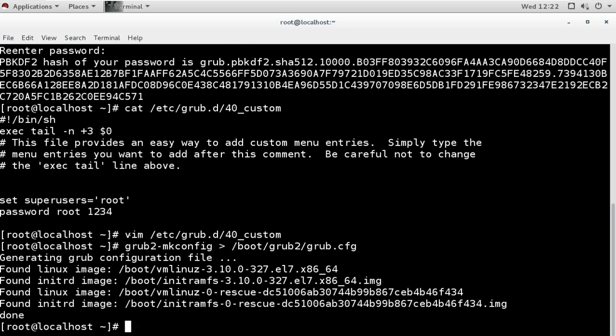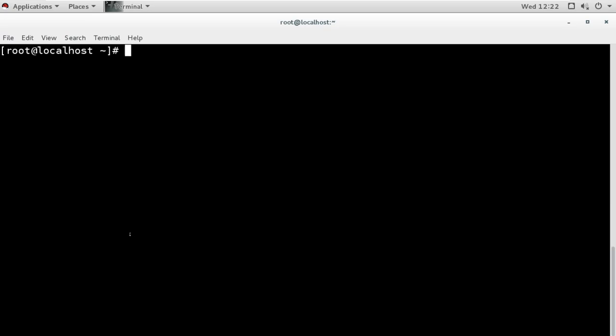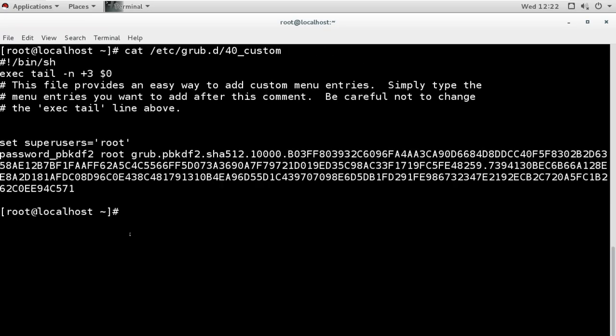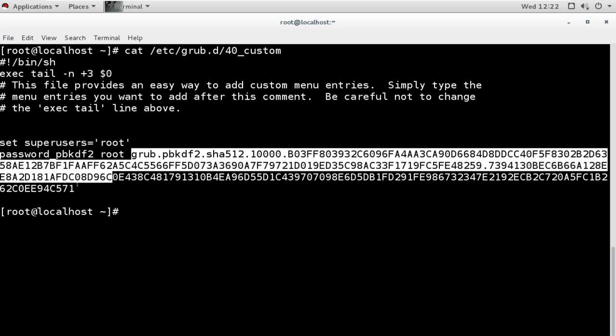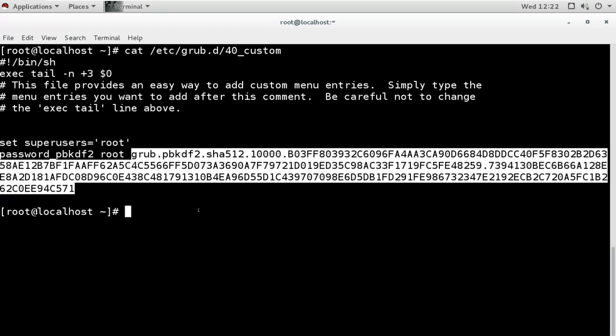And then it will be updated. So now the password is ABCD, and if anyone tries to get the password from the file, they will not understand. They will not see what the password is. They can see the username is root, but if they try to see the password, it shows this, and nobody can reverse it because it is hashed.